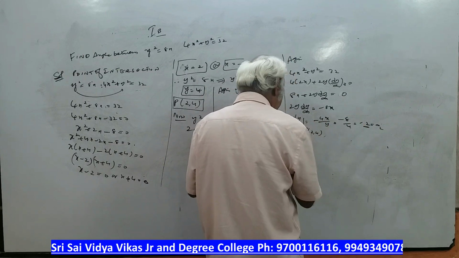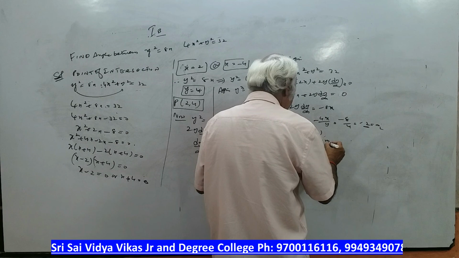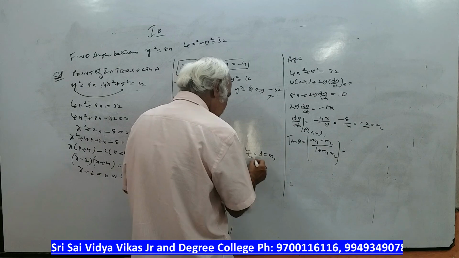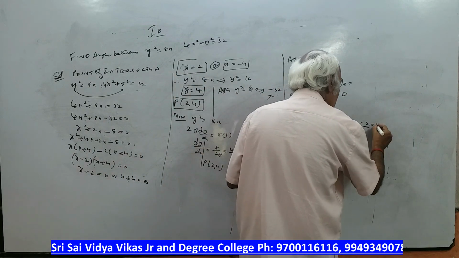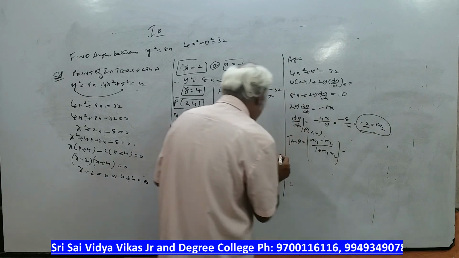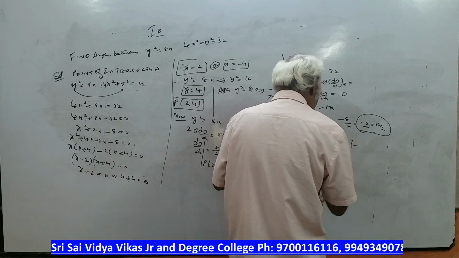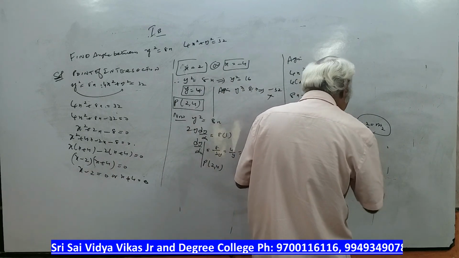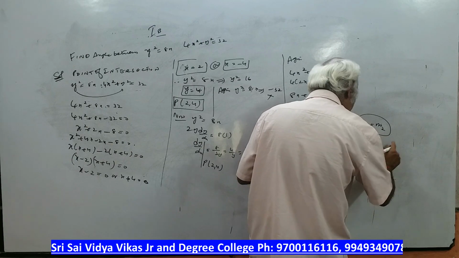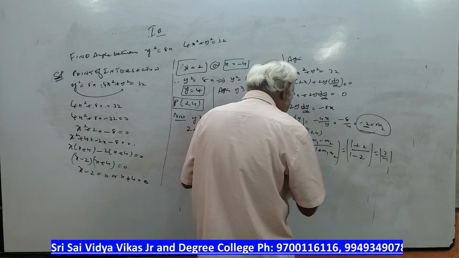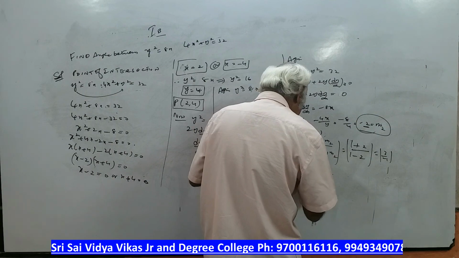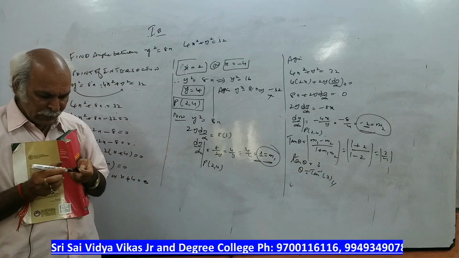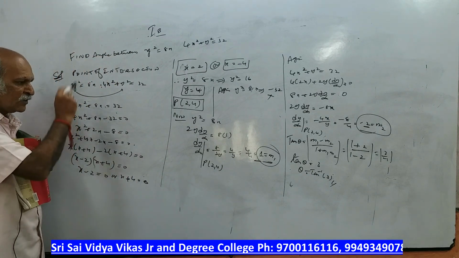So the tan theta formula is modulus of m1 minus m2 by 1 plus m1 m2. m1 is how much we got? Here m2, here m1. m1 minus m2 is 2 by 1 minus 1 into minus 2, minus 2. So this becomes 3 by minus 1, modulus is there. Again tan theta is equal to 3, theta is equal to tan inverse 3. Don't think that every time you get 3 only, it depends upon the problems. So here, point of intersection, m1, m2.